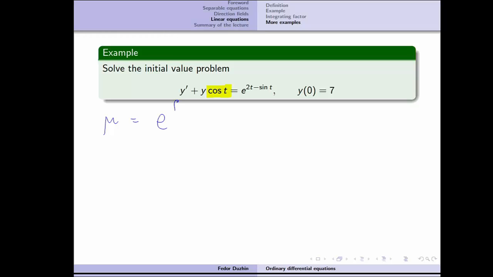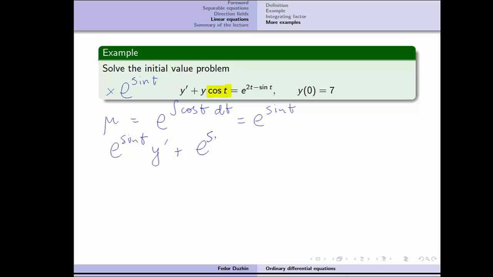e to the power antiderivative of cosine t dt. The antiderivative of cosine t is sine t. So we get e to the sine t. The integrating factor is what you need to multiply the whole thing with to transform your equation. So we need to multiply our whole equation by e to the power sine t. By doing it, we'll get e to the sine t times y prime plus